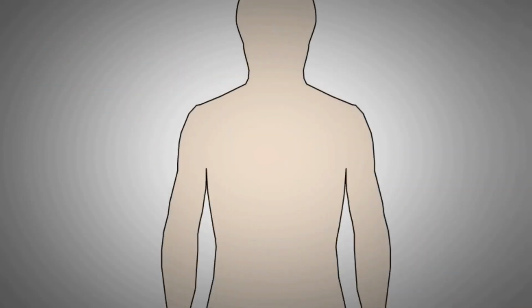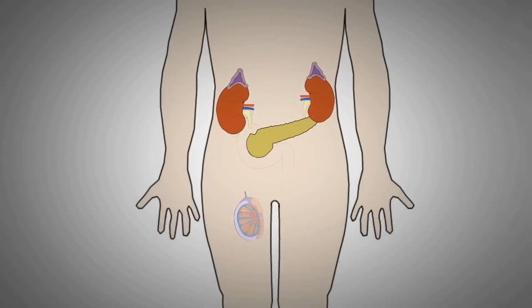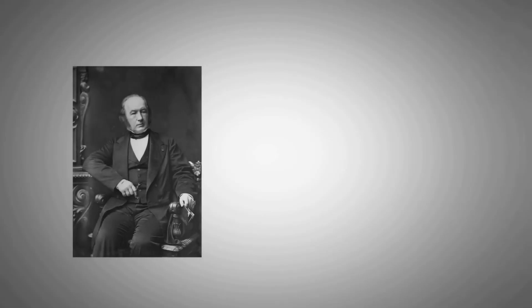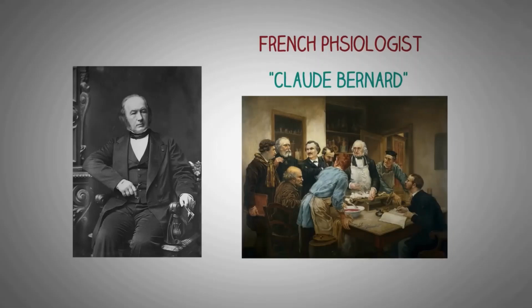The human endocrine system consists of a number of glands located all over the body that secrete hormones and regulate various functions of the body. Modern endocrinology originated in the 20th century upon the works of a French physiologist, Claude Bernard, who made a key observation